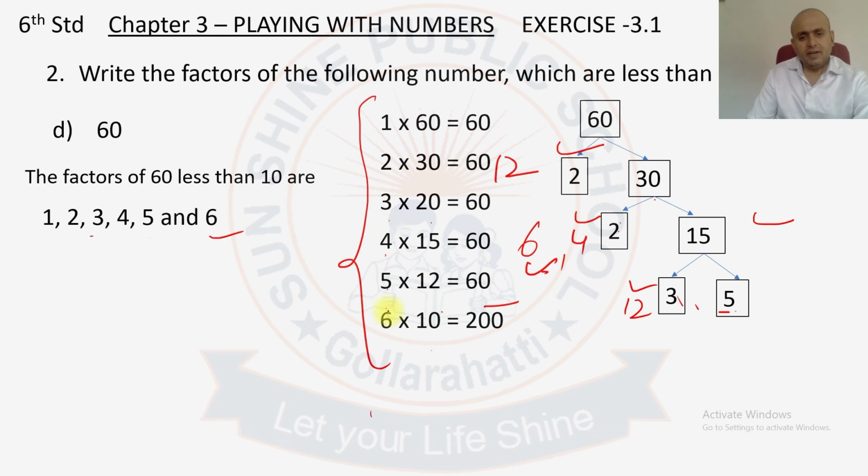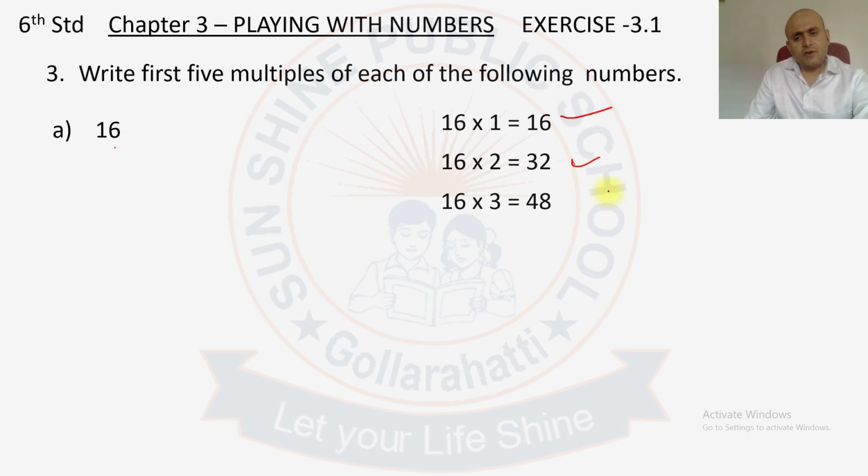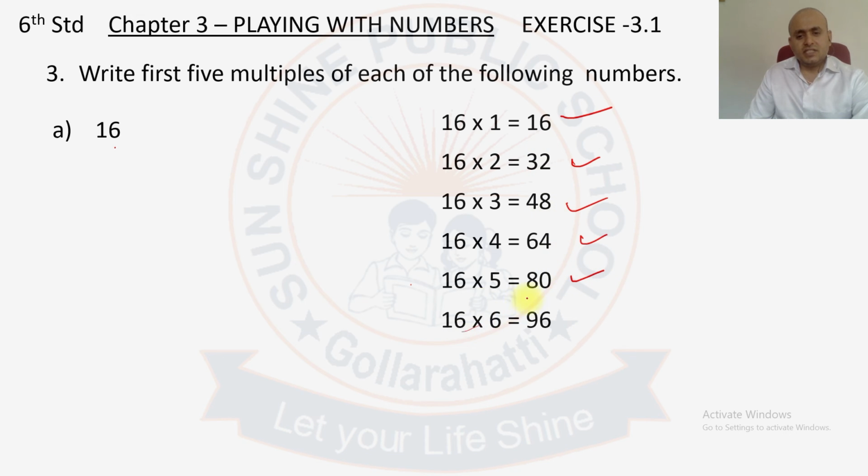Next, the third question: write 5 multiples of each of the following numbers. This is so easy. You should write 5 multiples of the number given. 16 is given as the first number. That means if you write the 16 table, you are done. That is, 16 1s are 16, 16 2s are 32, 16 3s are 48, 16 4s are 64, 16 5s are 80. So these are the 5 multiples. 16 6s are